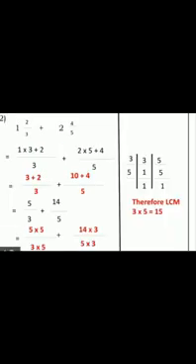Second sum is given as a mixed fraction. So this mixed fraction has to be converted into a fraction. That is 1 2/3 + 2 4/5 = (1 × 3 + 2)/3 + (2 × 5 + 4)/5. So 1 × 3 is 3, plus 2, over 3, plus 2 × 5 is 10, plus 4, over 5. 3 plus 2 is 5/3, plus 10 plus 4 is 14/5.